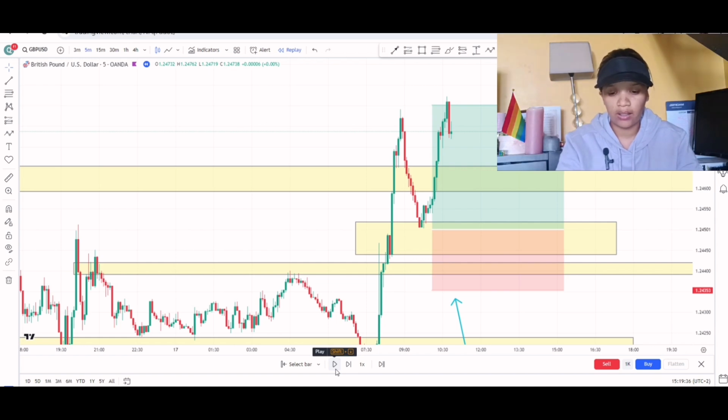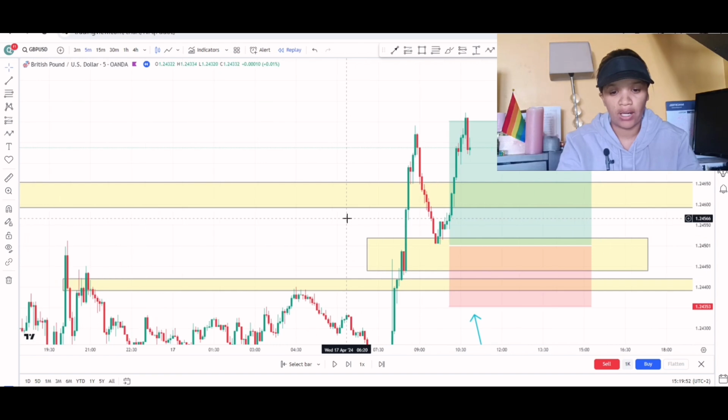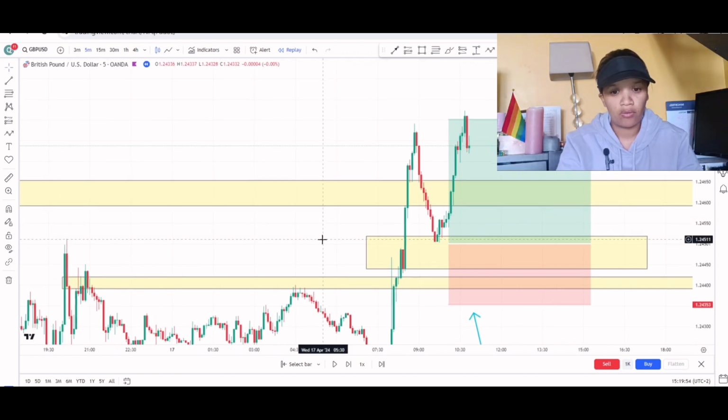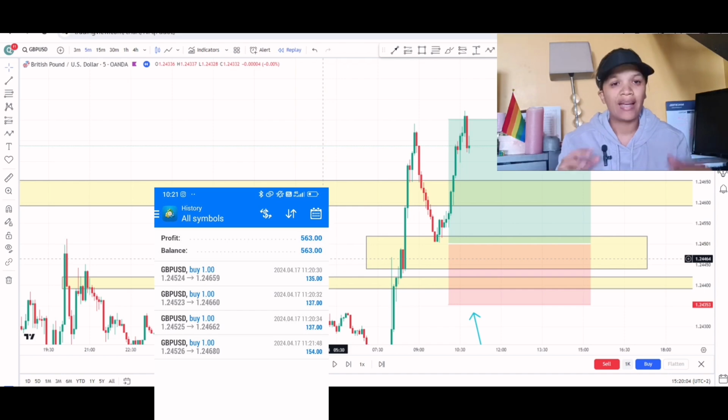And look at this. When we saw that, I entered. We were in the trade, right? And there we go. And price took off, right? And price took off. And that is how we made 10,000. And as you can see, my TP1 was hit. When my TP1 was hit, I got out and I took my